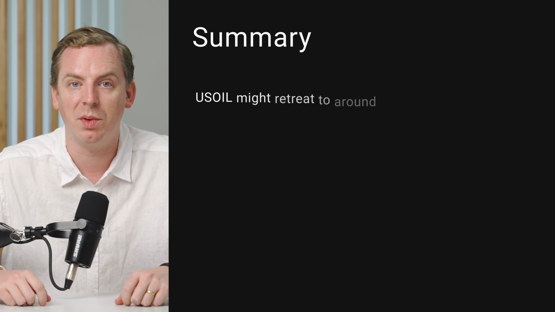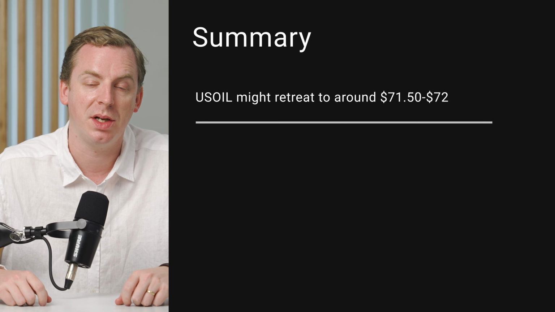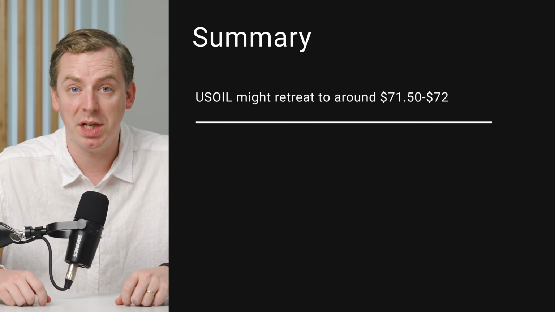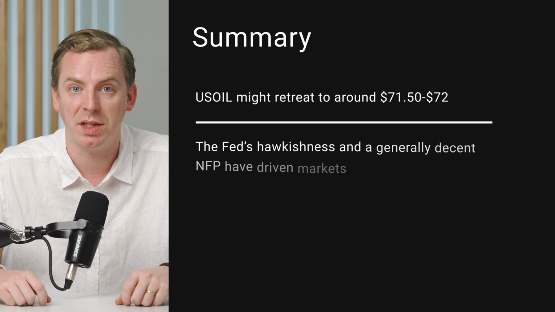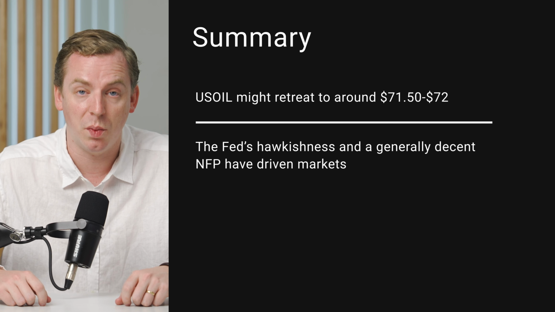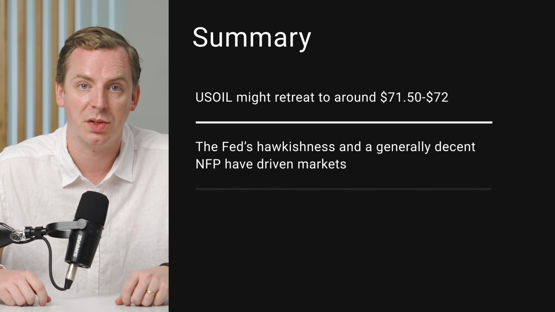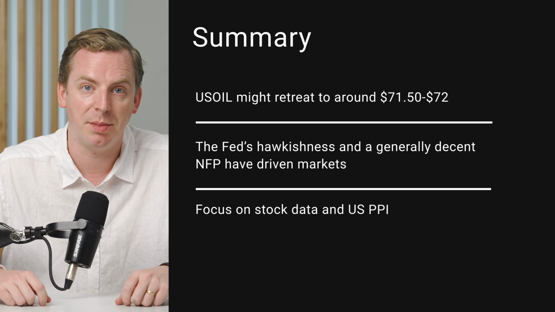So in summary, the idea for a potential trade this week is a potential sell for American light oil with a possible target around 71.50 or 72. And the primary narrative that's driving that is the Fed's relatively high hawkishness. Traders who were to take the position would need to monitor regular stock data from the USA and PPI as well. Remember that this is just an idea for a trade, it's not a signal and it's not a guarantee